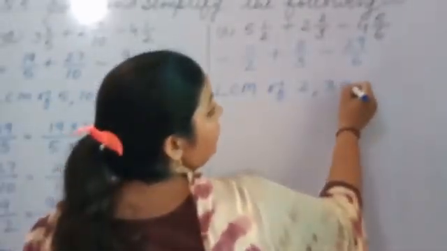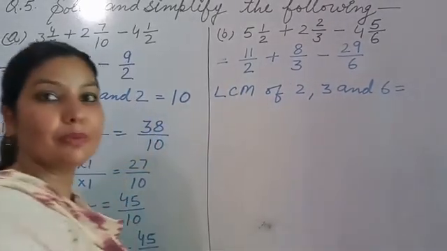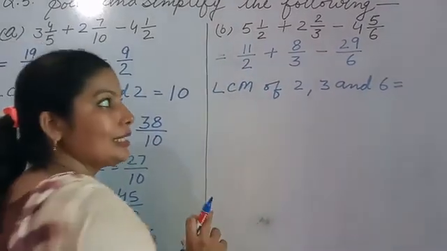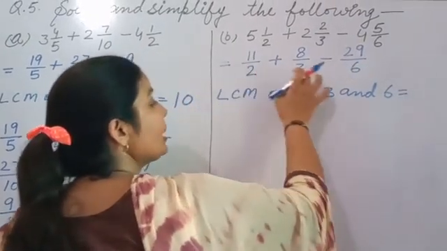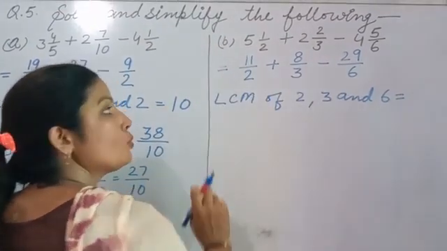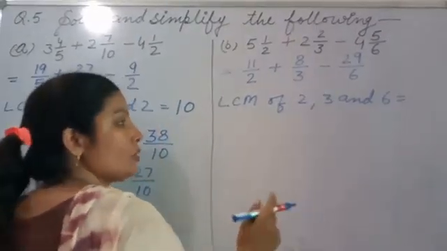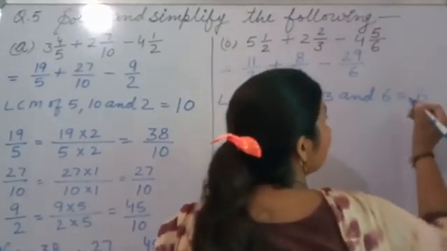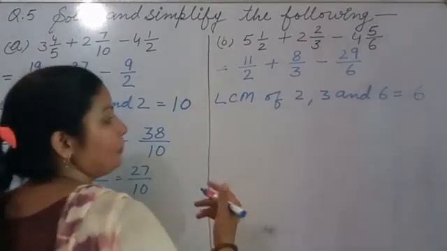Now the same process. Firstly find their LCM. So LCM of 2, 3 and 6. As I told you, you should decide the smaller number's table. If you are getting the largest number, that will be your LCM. So the largest is 6, the smaller are 2 and 3. In the 2 table we have 6, 2 3s are 6. In the 3 table also we have 6, 3 2s are 6. So that means 6 will be your LCM. Okay. So like this, orally you can find your LCM.